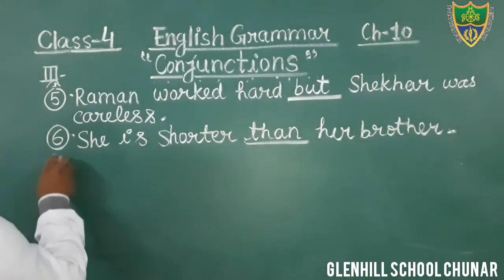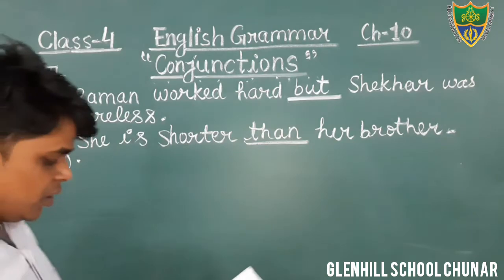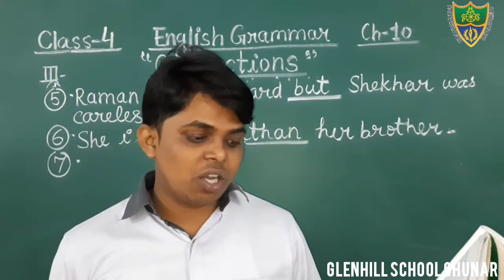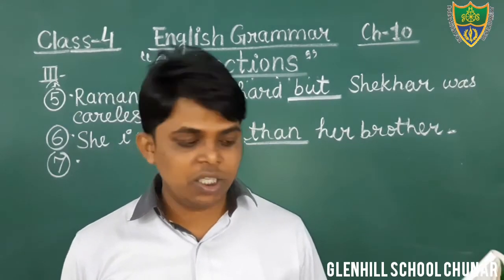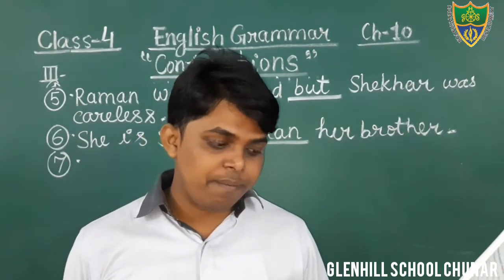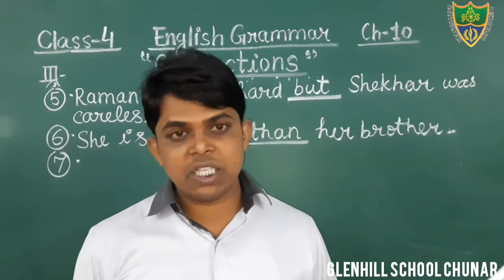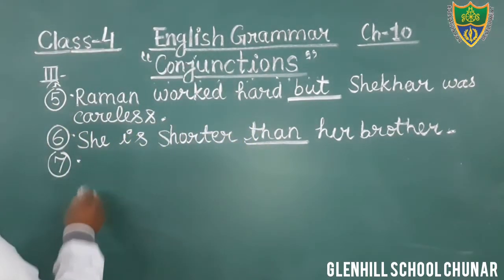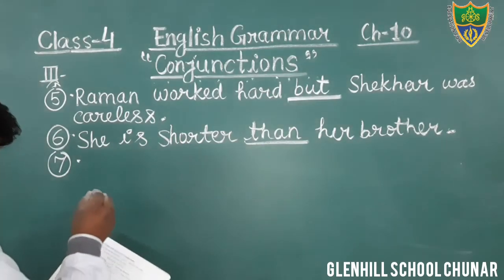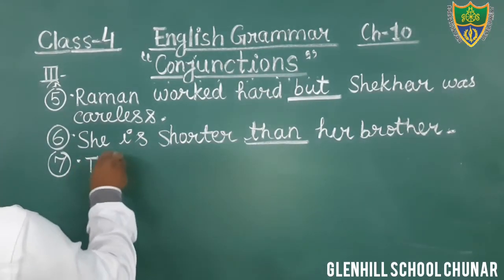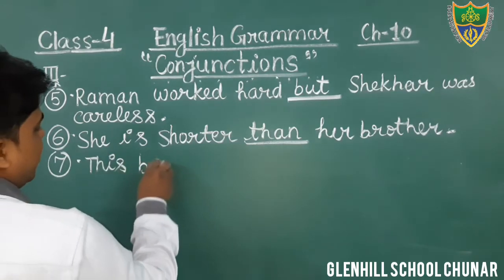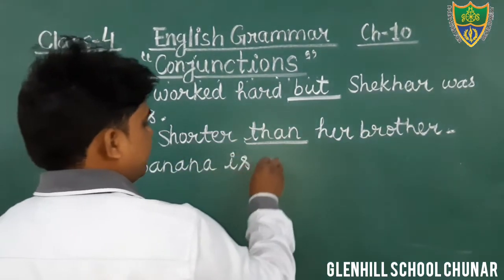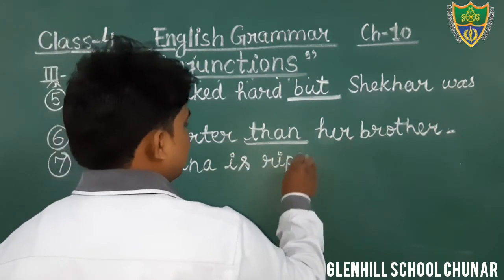Okay, students, come to the next question. Question number 7. Just see. This banana is ripe. This orange is wrong. Dear students, we will link these two sentences using while. Just see. This banana is ripe, while